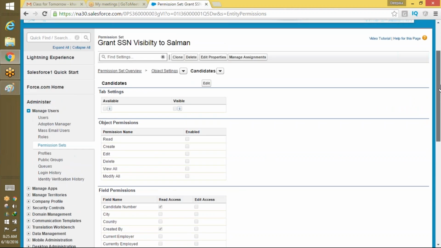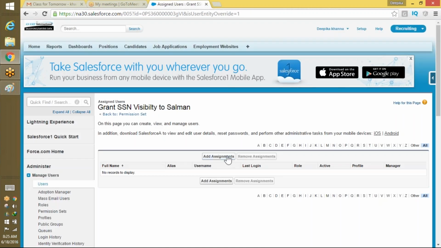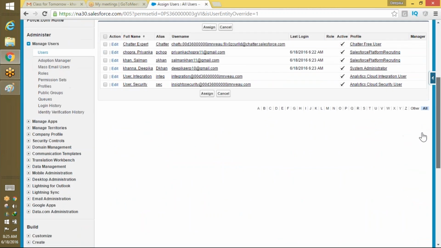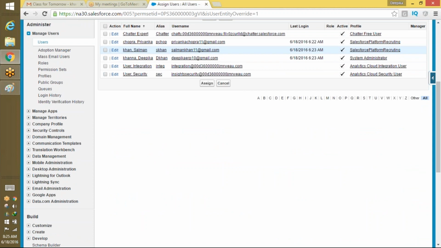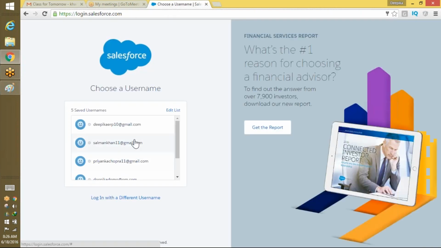Okay, so now whoever has this permission set will not only be able to read this SSN number, he'll also be able to edit the SSN numbers. Okay, so what I'm going to do is I'm going to go ahead and manage the assignments and give this particular permission set to Salman Khan. Okay, and hit the assign button. So now what happens is, now Salman Khan has this permission set and Priyanka Chopra has the other permission set. Okay, so now if I log out and log in back again as Salman,